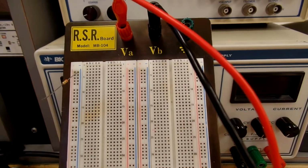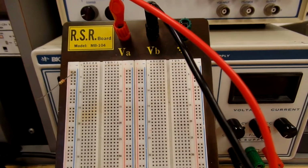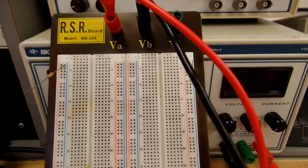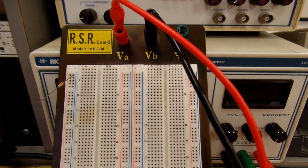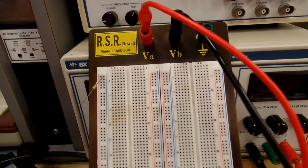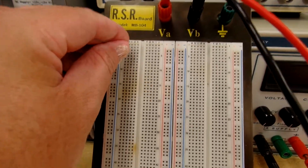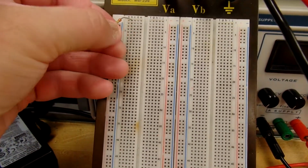So not only will we be building them with SPICE and simulating them, we also want to teach you the skill so that you can actually build circuits. Now, how do I put resistors in series? How do I put resistors in parallel? I've got these two resistors, and if I want to put them in series, I can do it as simply as